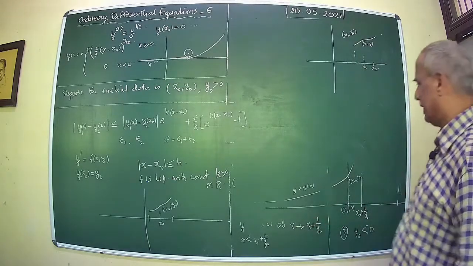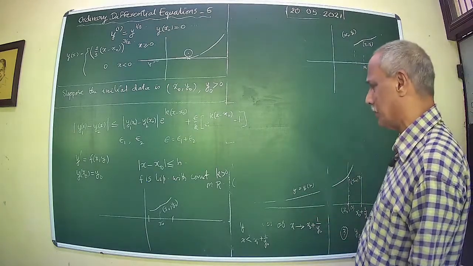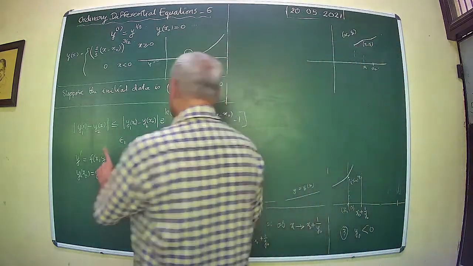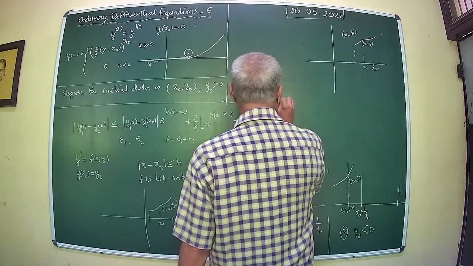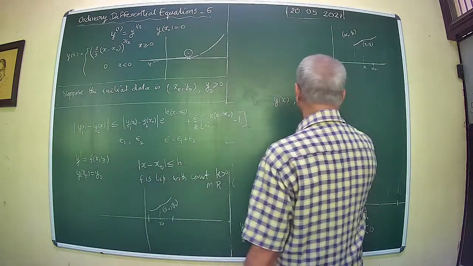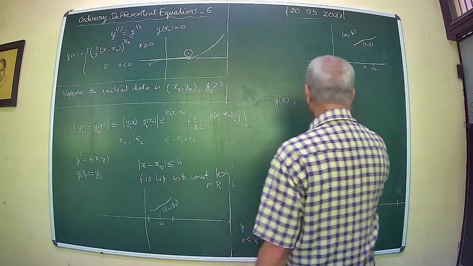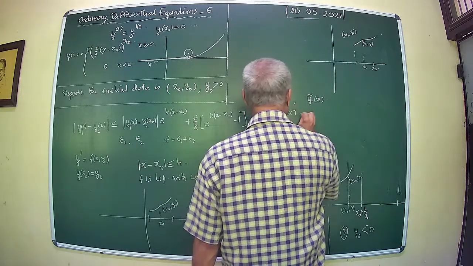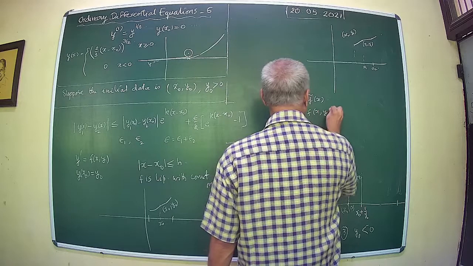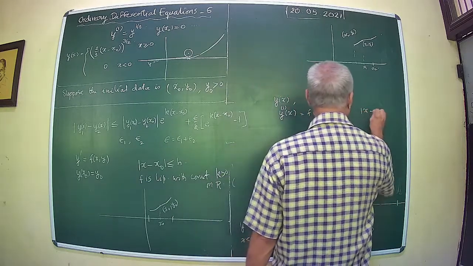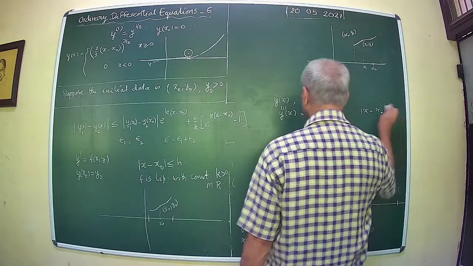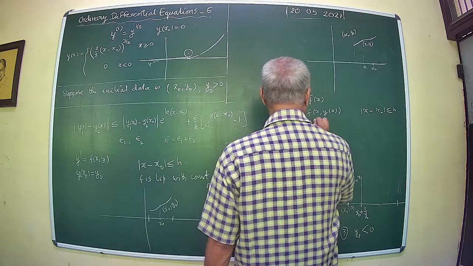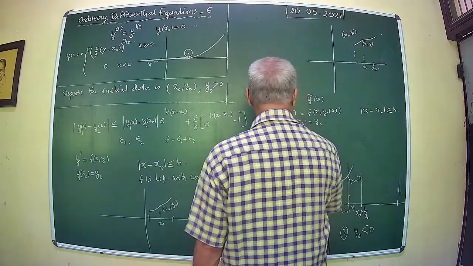Now what I have proved is that it actually converges on some interval x0 minus h to x0 plus h. And then suppose you have the exact solution y of x and an approximate solution y tilde of x. And y of x has the property that y derivative of x is equal to f of x, y of x, for mod x minus x naught less than or equal to h. And of course y of x naught is equal to y naught. Then you have a solution y tilde of x